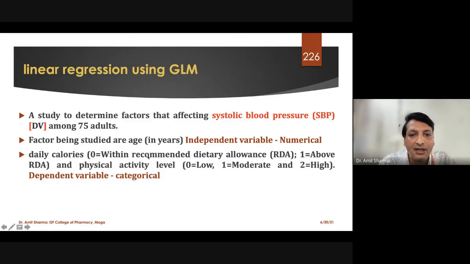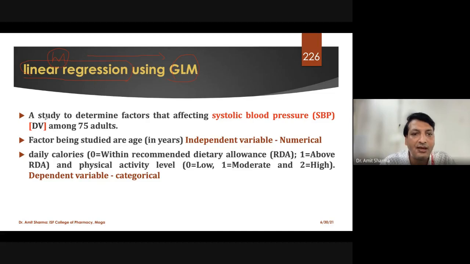Now you can see, as I promised you yesterday, that we will run this. Now this is not the linear regression. I want to say it is a multiple linear regression through GLM. That means we want to run the linear regression with the help of GLM.